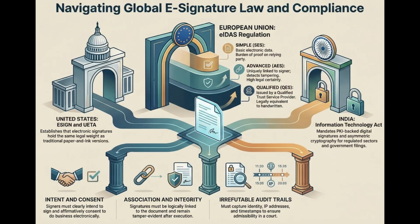Next up is the advanced electronic signature, or AES. Okay, what makes it advanced? This requires the signature to be uniquely linked to the signer, under their sole control, and critically tamper evident. So AES is where we start seeing the requirement for that PKI math and the public-private key pairs we discussed earlier. Yes, the math becomes legally mandatory at the AES tier,